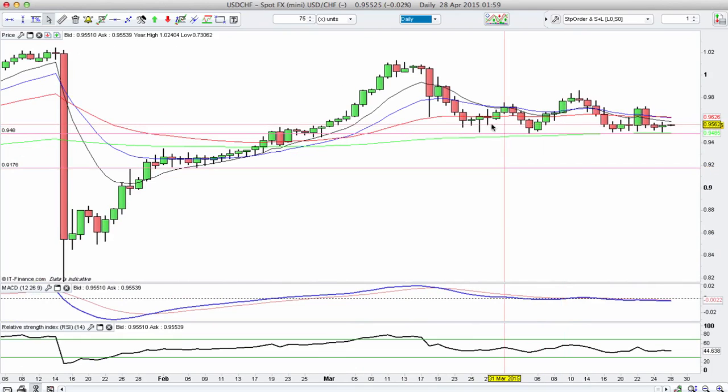So as the market is coming down into this level, it bounced back, came up, made a higher high over here, and then came down into this level, and right now made a lower high. It's interesting price action that we can see here, because right here the market has quite strongly rejected this level and tried to push higher, and the very next day came back all the way down into this level yet again. So we had these two big candles and a complete rejection of the high,